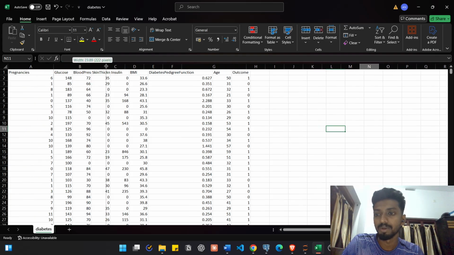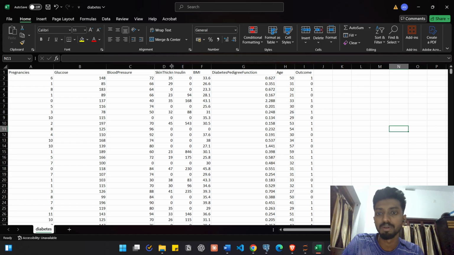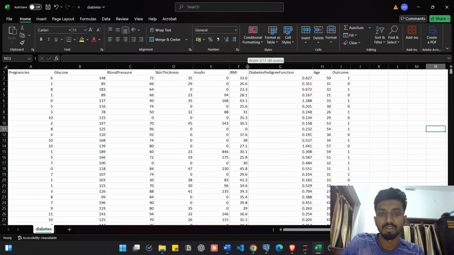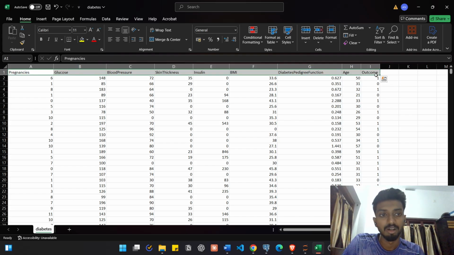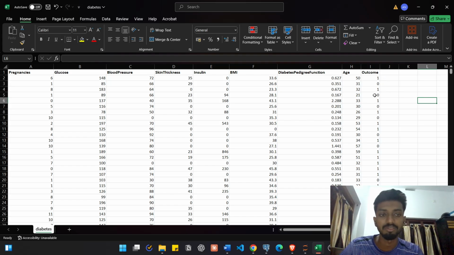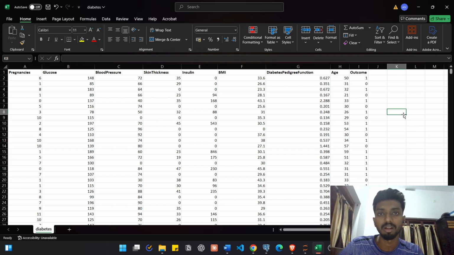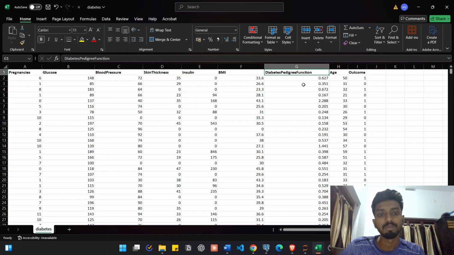This is particularly for female candidates. The data set contains only female candidates, and it is taken from Kaggle. The first column is how many times the person has been pregnant. Then we have the glucose levels, the blood sugar levels, skin thickness, insulin levels, the body mass index, the diabetes